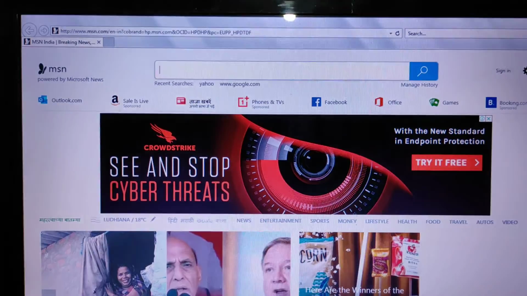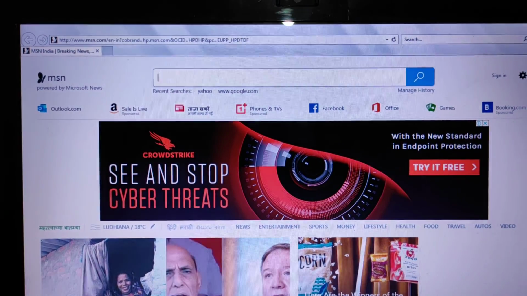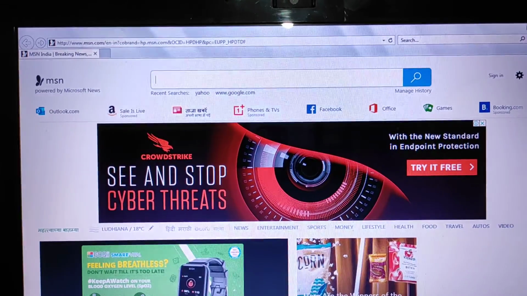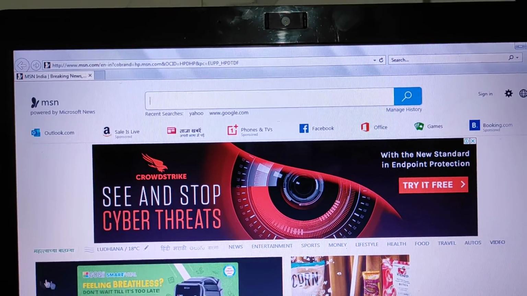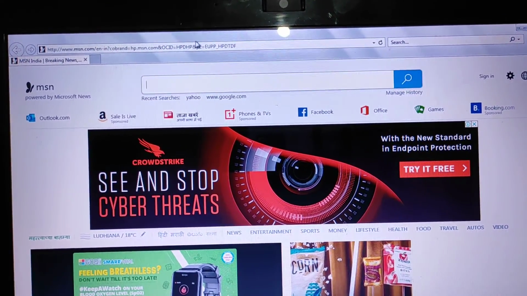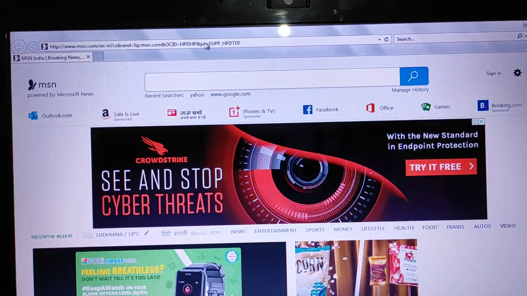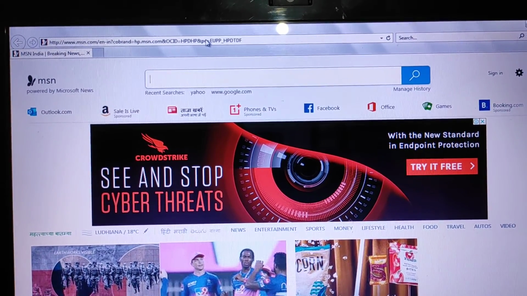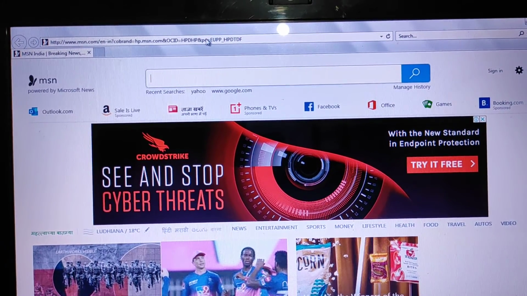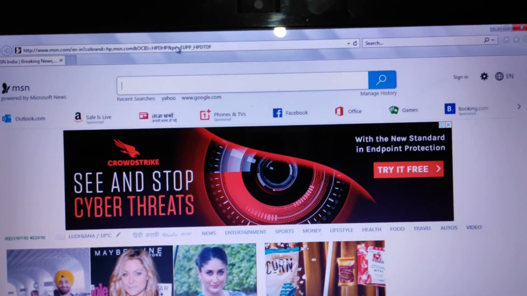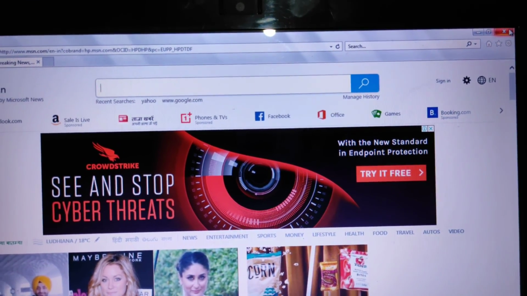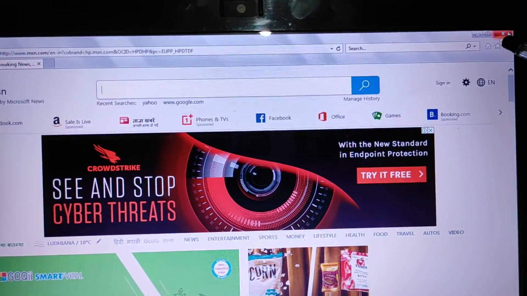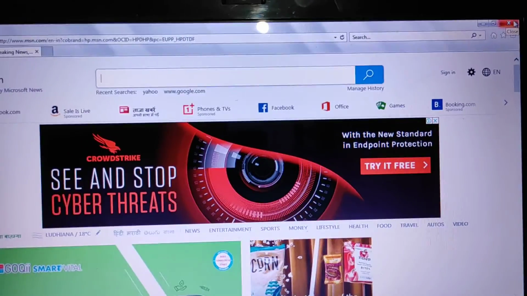If you are not currently connected to the internet, a dialog box will appear that allows you to connect. In this portion you have to write the URL address, that is any website address. When you finish browsing the information on the web, click on the close button and close the Internet Explorer window. This is the close button in red color, this one. You have to click on it and close it.